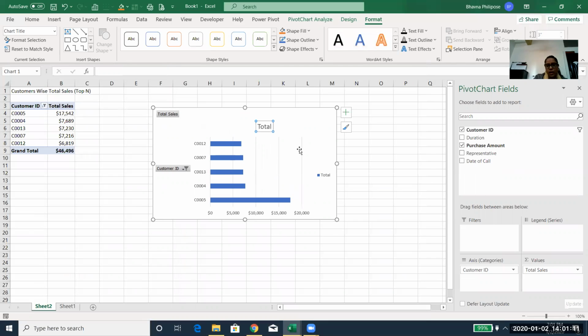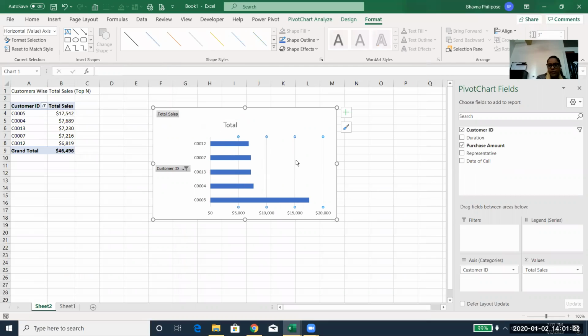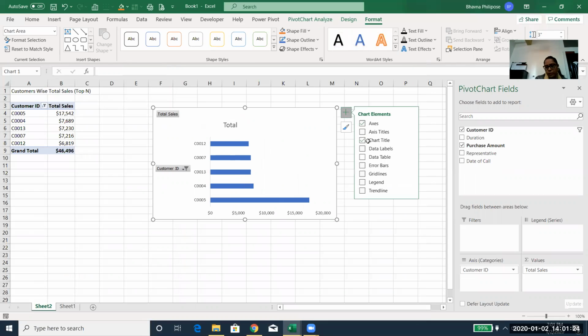So let me clear some chart junk, because you can see usually when you look at a chart, there's a lot of junk around, and I wouldn't really want to see a lot of information on that chart. So I'm going to quickly remove this legend, remove the grid lines. You could also do it from here. You could also do it from here, add the data labels,